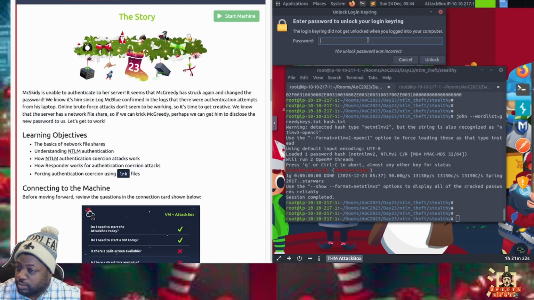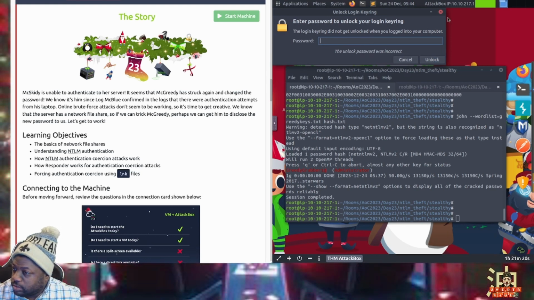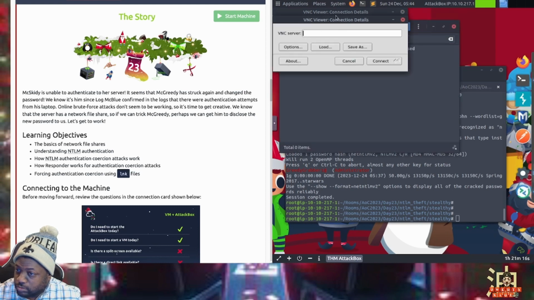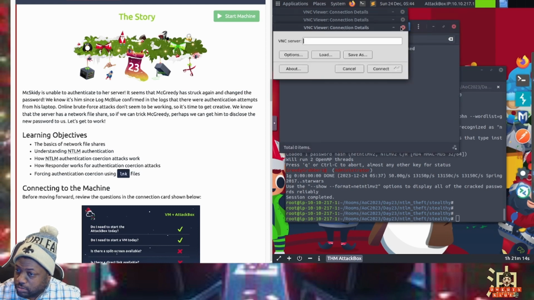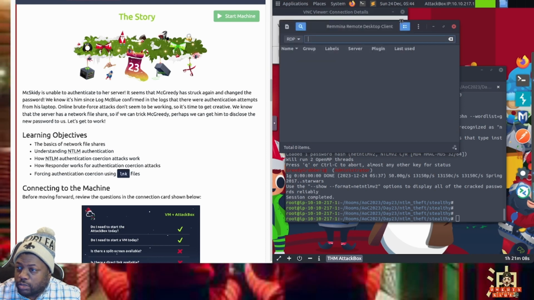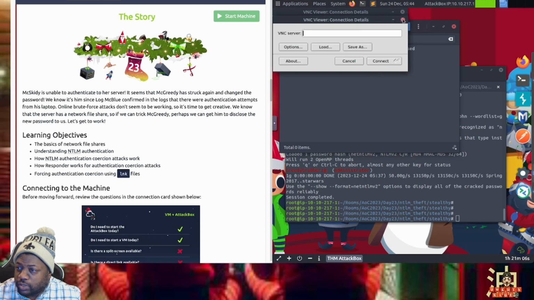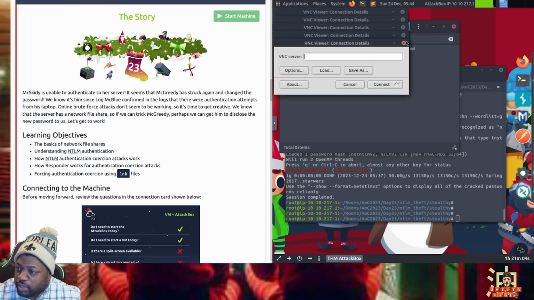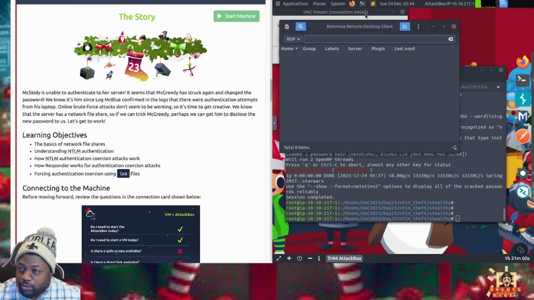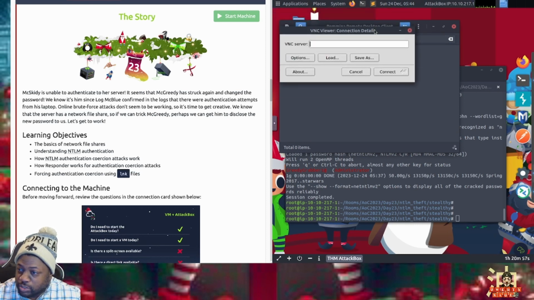Nope. Oh, look at that. Oh wow, this is the VNC Viewer I tried to open like 5 minutes ago, finally popping up like 15,000 times. Ain't that crazy?